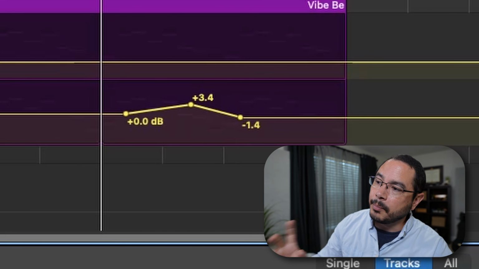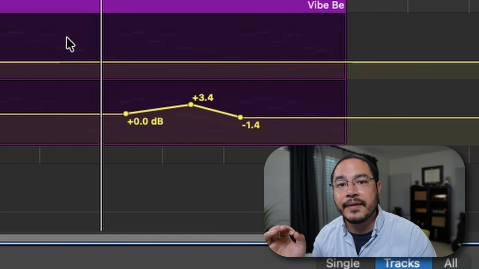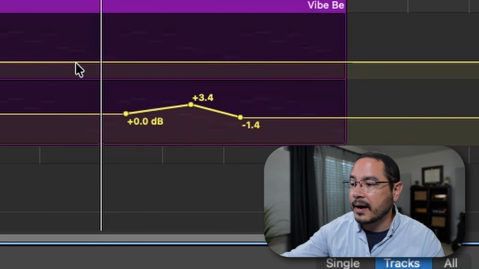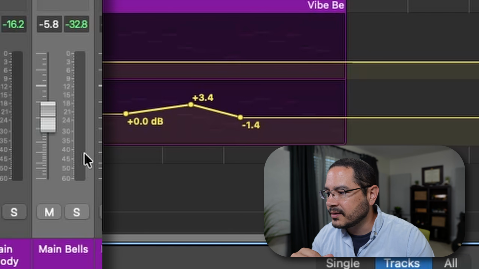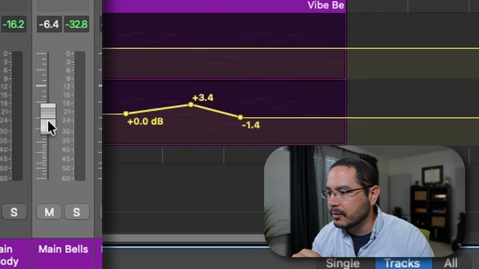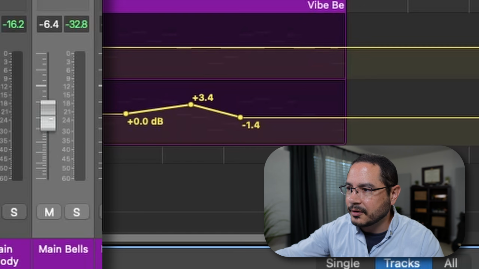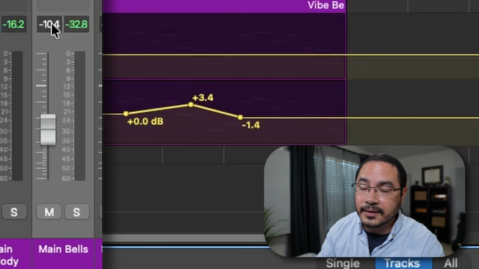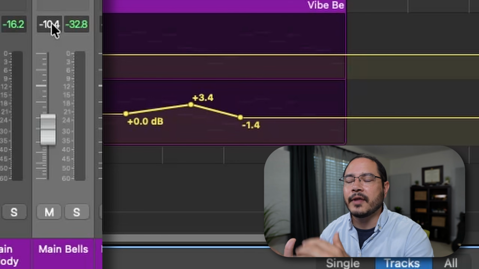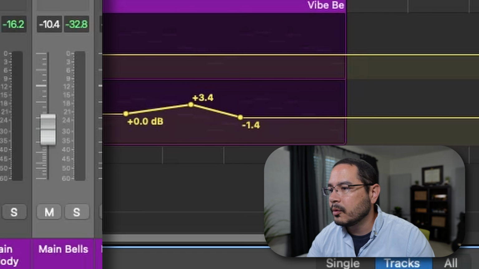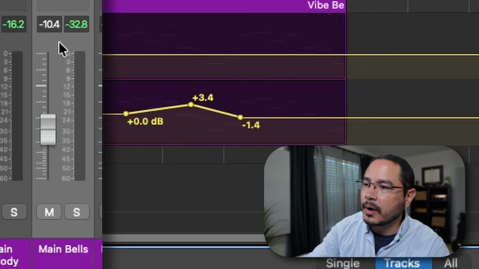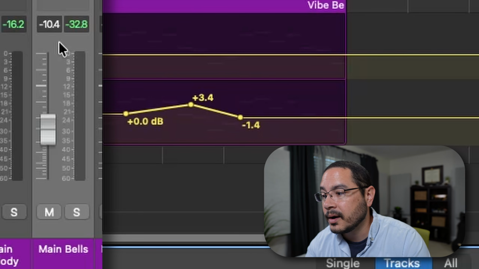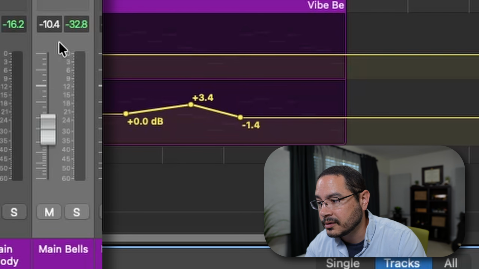The trick, or rather bug, is that you have to also have the absolute volume data up and just have it enabled and let the line sit wherever you want your fader. Like watch the line. It moves up and moves down with my fader and it's still buggy and jumping around like crazy, but you can set it where you want and you have to do this in order to use the relative one because it's basing itself off the absolute. So now we're at -10.4. Watch what the relative does. It doesn't jump all the way to 3.4. It just adds 3.4 to this -10.4 value. Watch.